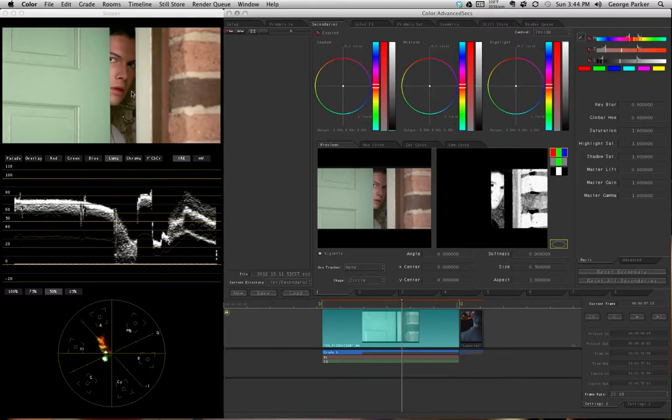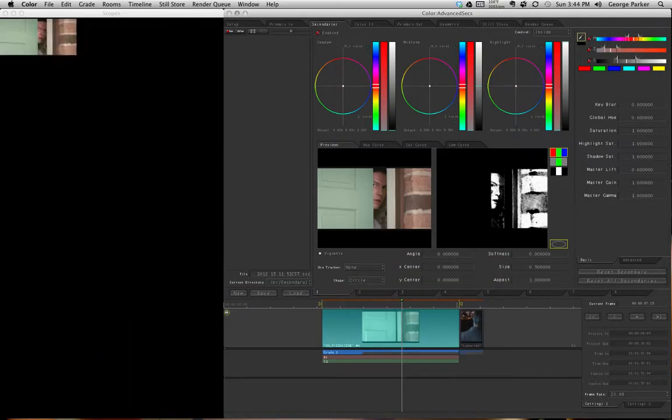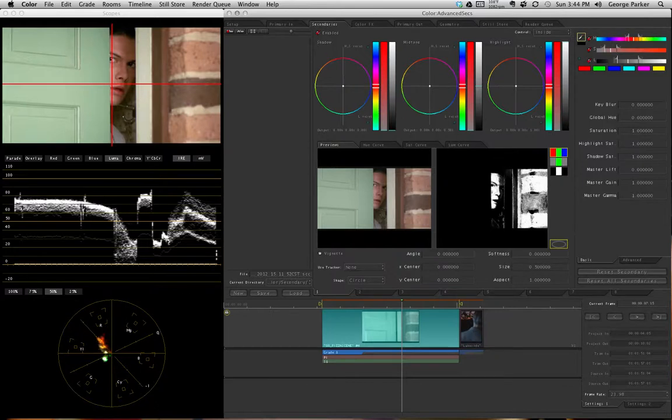If I don't like this initial pick that I did, I'll just go ahead and pick it again. I'll click this dropper tool, come back over here, and I'm going to select probably right here and drag down on his face, and maybe go all the way to here. And okay, so I pulled him out on his face now. So I've definitely got the door out, but I've got his face